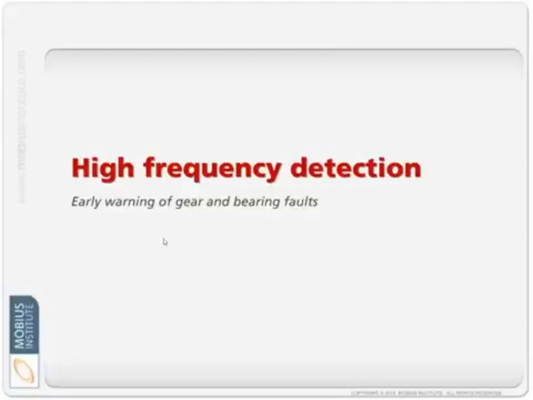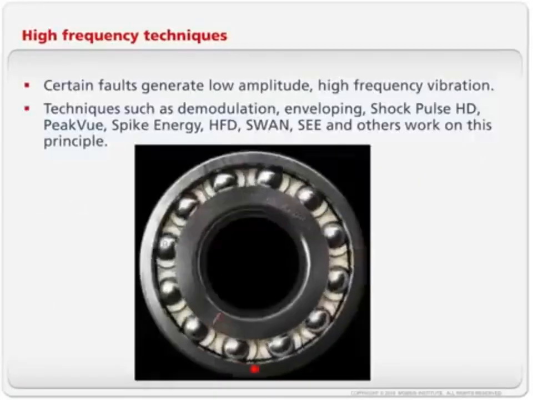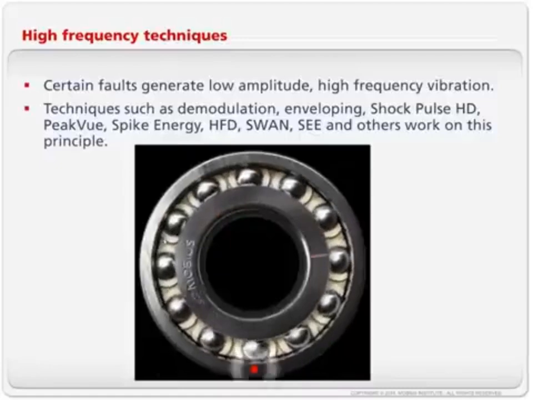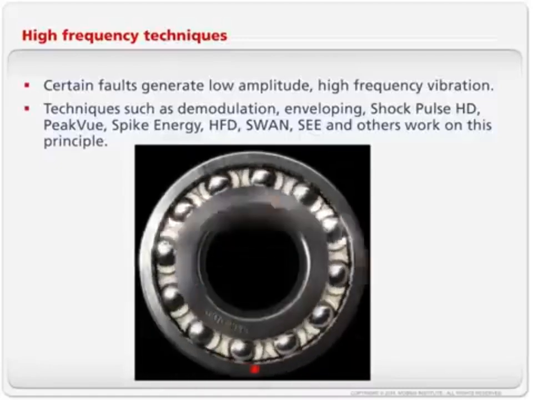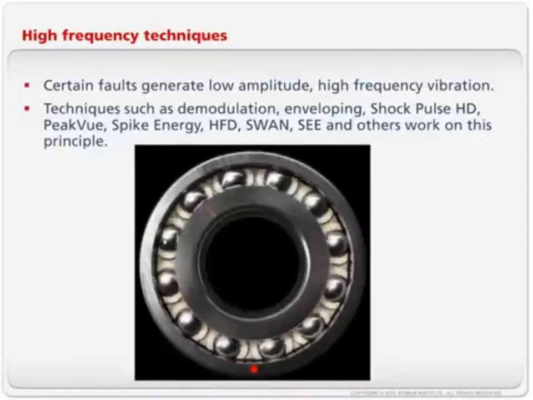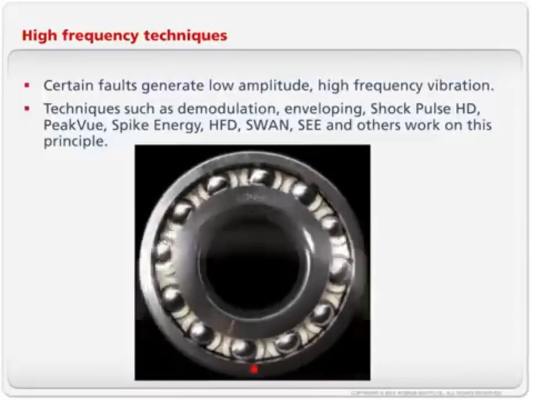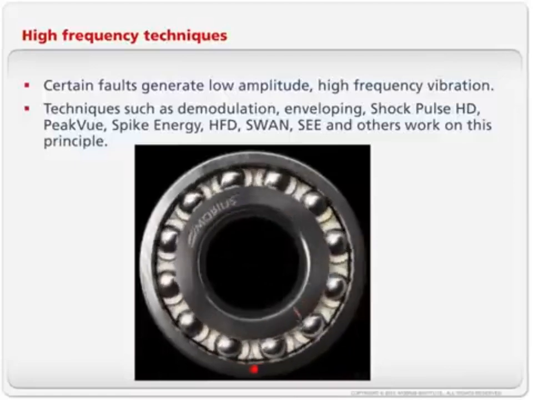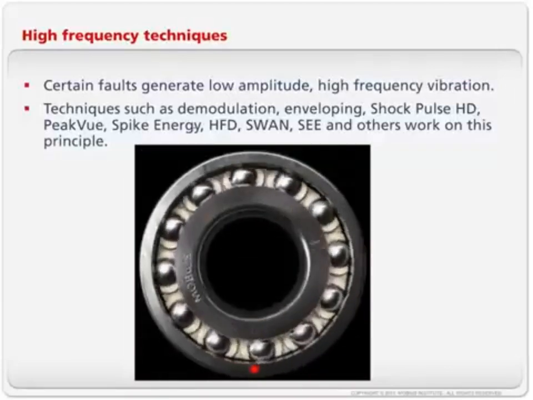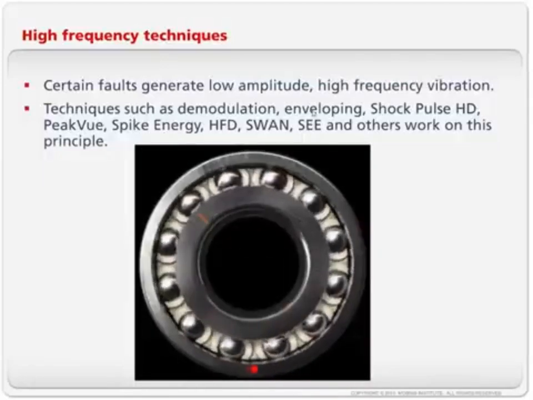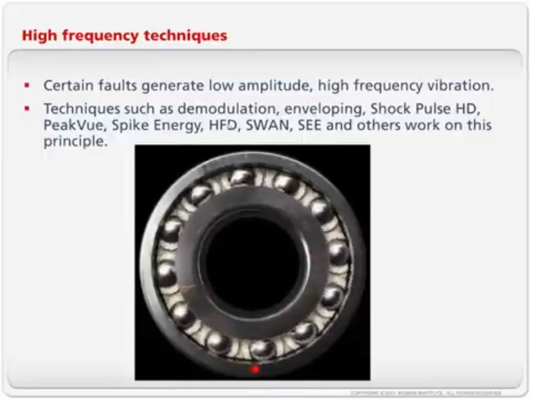Now, we need to talk about another aspect of vibration analysis, and that's what we can learn by detecting very high frequency vibration. Because it turns out that when the bearings just start to fail, we can't see any sign of that failure using a normal spectrum. Instead, if we tune our vibration monitoring system to a very high frequency and we go through some transformations, which, in case you've heard about it, could be called demodulation, enveloping, shock pulse HD, peak view, spike energy, HFD, SWAN,